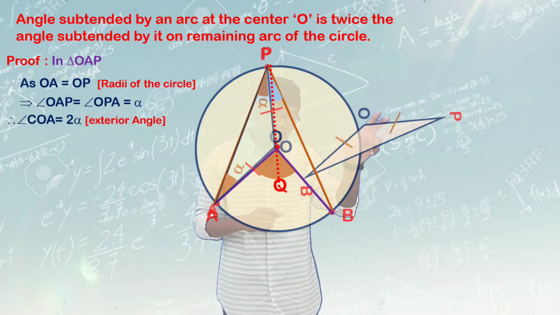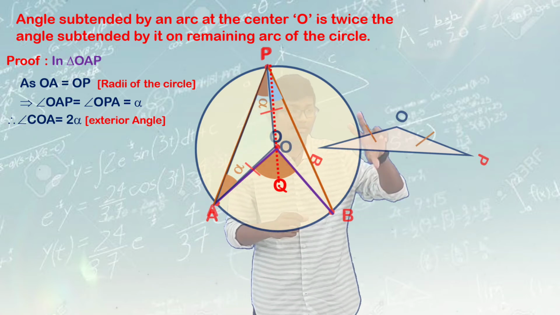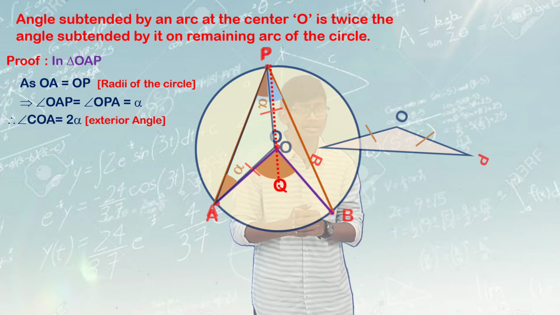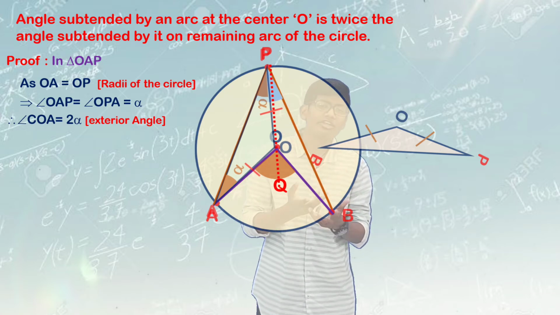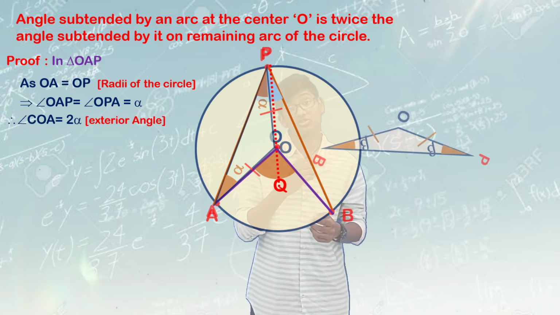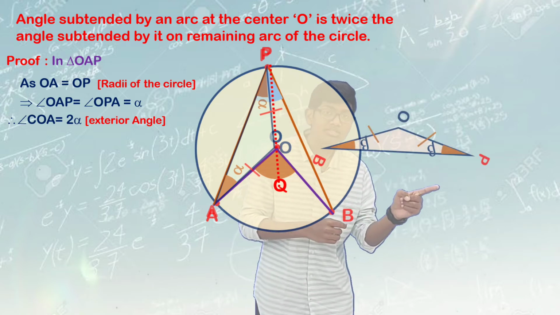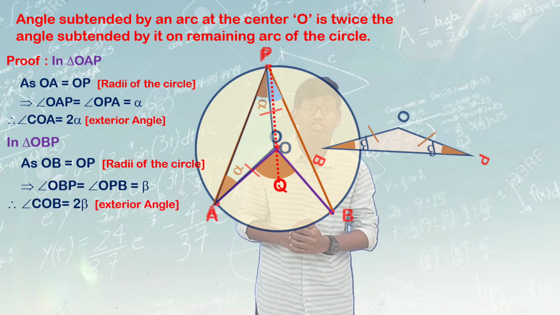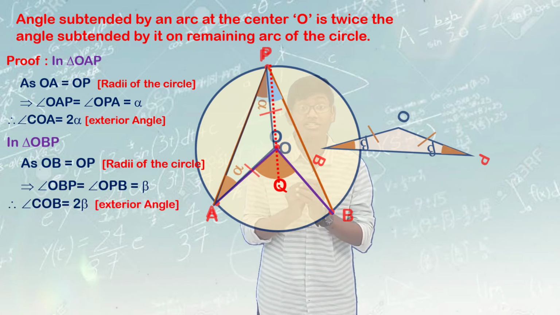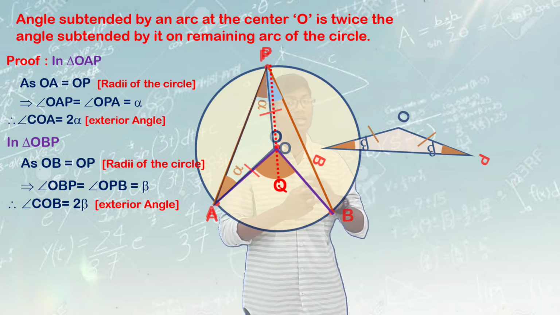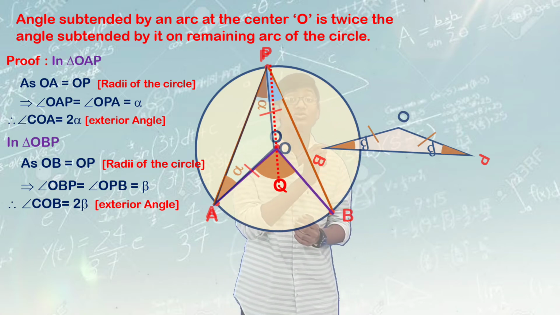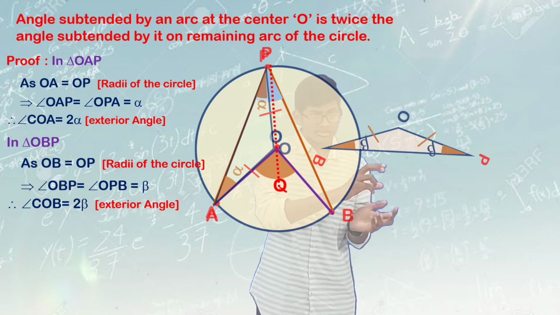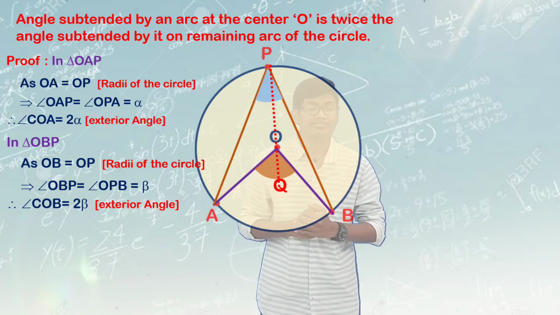Now we will do this triangle BOP. Take this triangle BOP here. As we have discussed earlier, BO and OP are the radii of the circle, and BO is equal to OP, and angle B is equal to angle P. As we have discussed, angles opposite to the equal sides of an isosceles triangle are always equal. Now angle B is equal to angle P is equal to beta. Now same, rotate it and keep it aside.